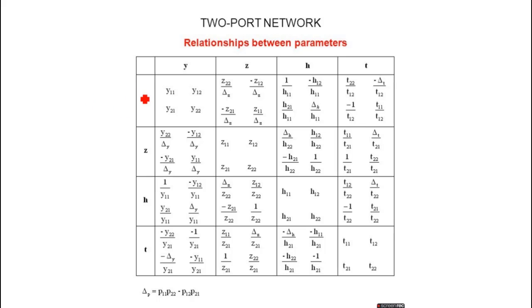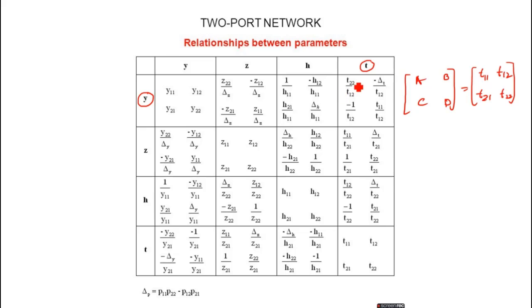Now see here, y parameters are expressed in terms of t parameters. So what is y11 here? In this case instead of a, b, c, d, I have taken variables t11, t12, t21, t22. Both are one and the same in this table. Do not get confused. I have used here A, B, C, D. Here in this table used T11, T12, T21 and T22. They are one and the same.